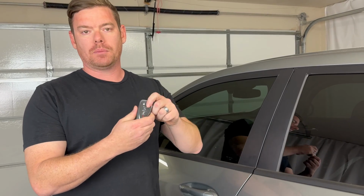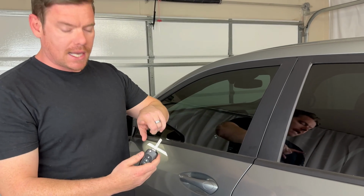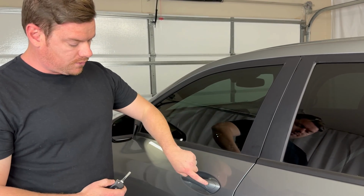Now, at the end of this video, I'll cover how to get your Chevy Trax started if your fob looks like this and you have a push button start ignition. But for the rest of this video, I'm going to be demonstrating with the regular turnstile ignition because that's what this vehicle actually uses. So as I said, I'm going to use this key blade to remove this cap from